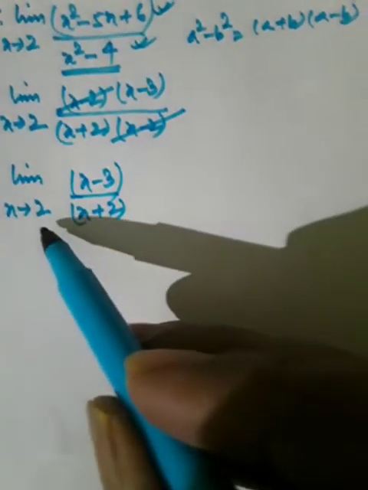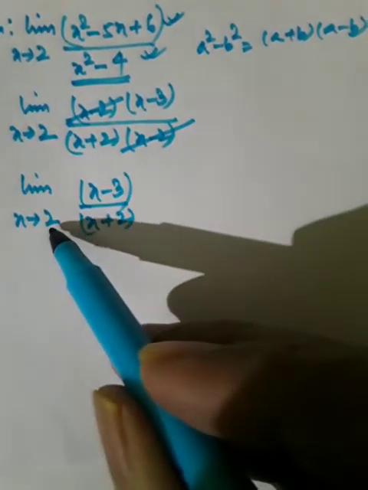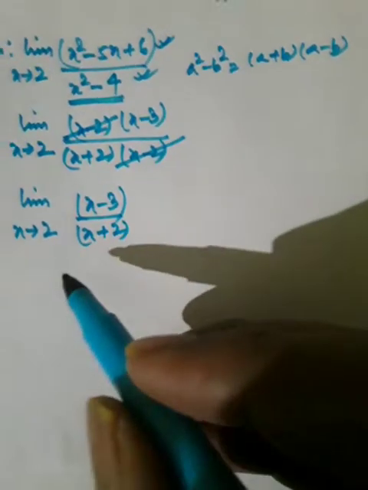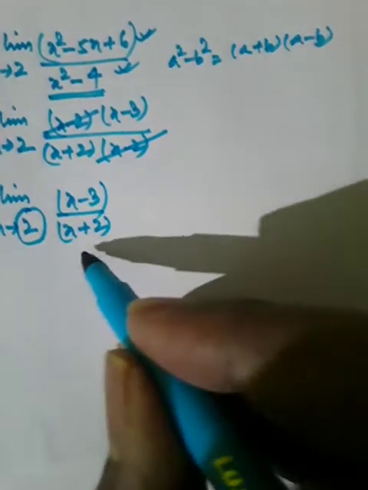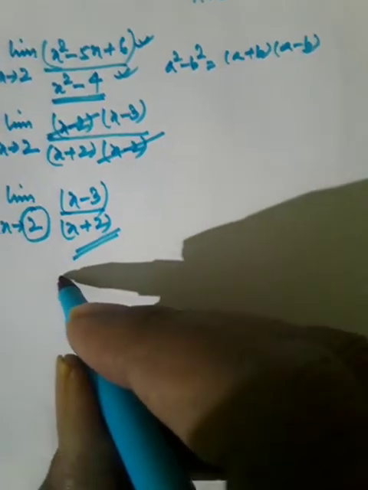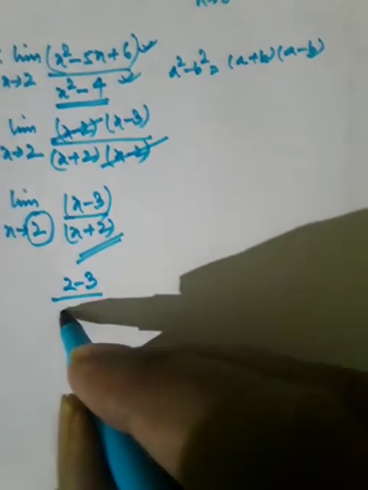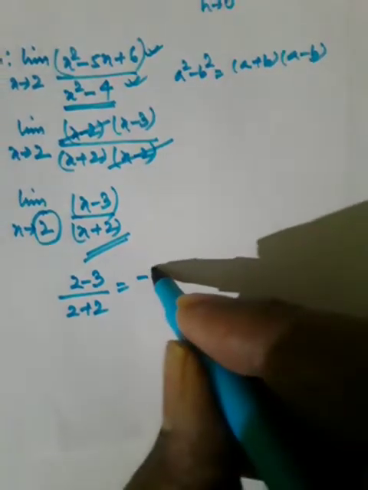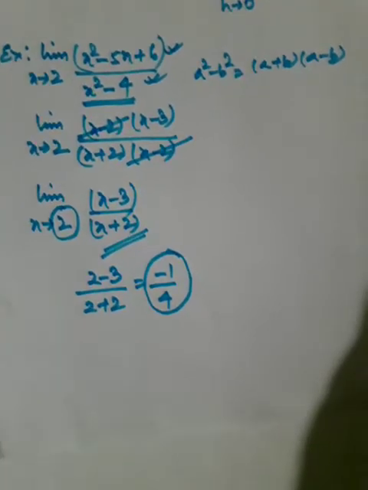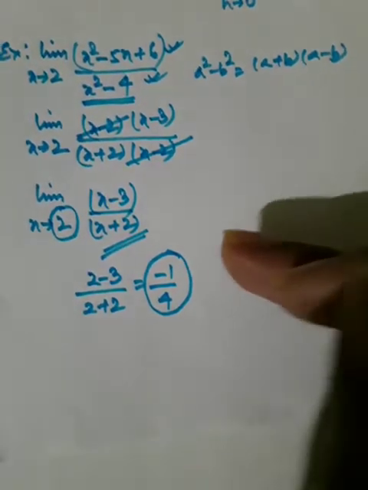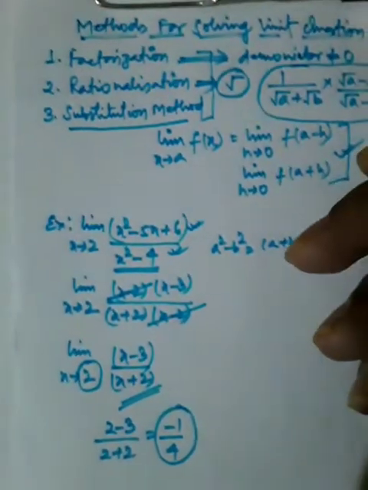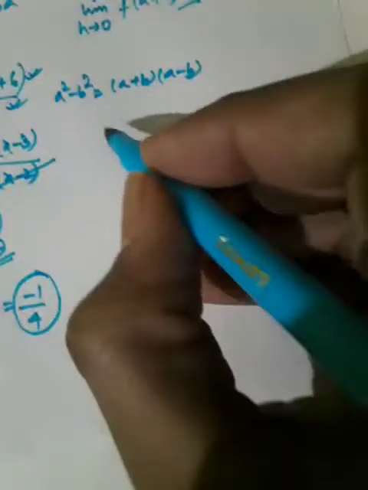Now once we check, if we put the value of x as 2, the denominator we get is 4. So now we can put x equal to 2 in this function. So this becomes 2 minus 3 by 2 plus 2. So we get minus 1 by 4. So you can relate that we have solved it with the help of factorization method. Okay. In the second example, I will discuss